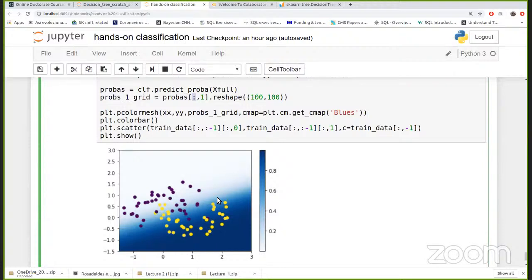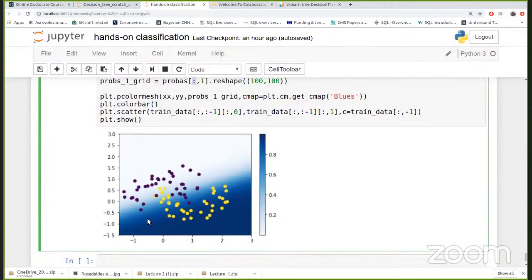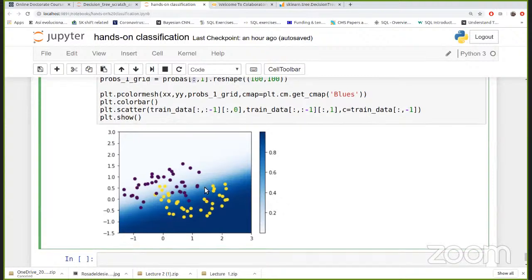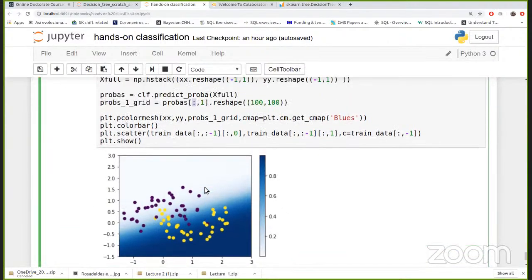But of course, you see that this is a linear decision boundary, which is misclassifying. For example, these yellow points are surely misclassified. And in the same way, these purple points will surely be misclassified because this is obviously non-linear, right? Okay, so